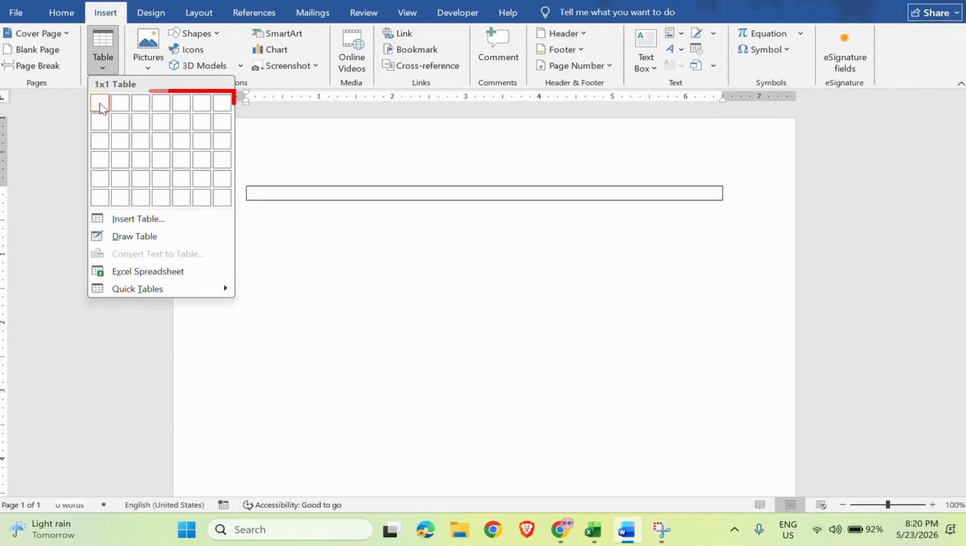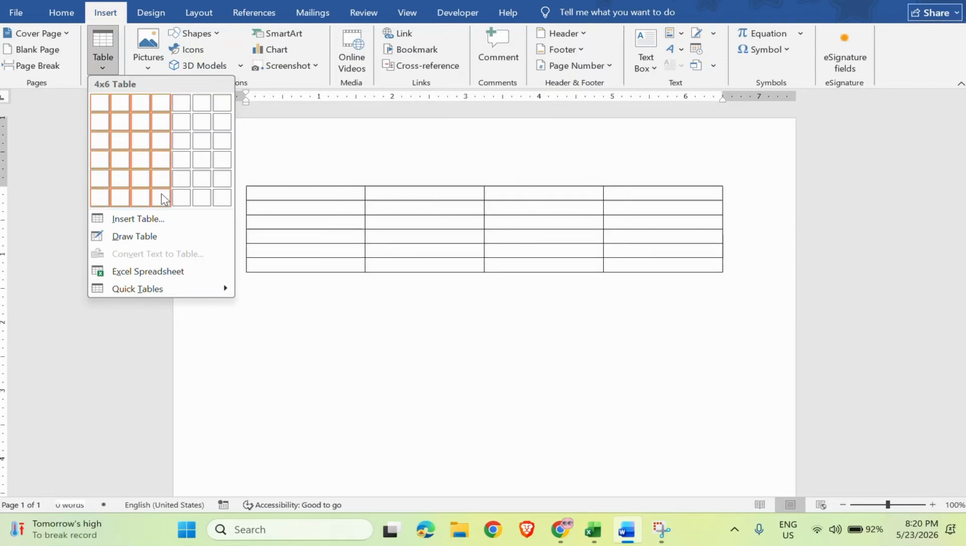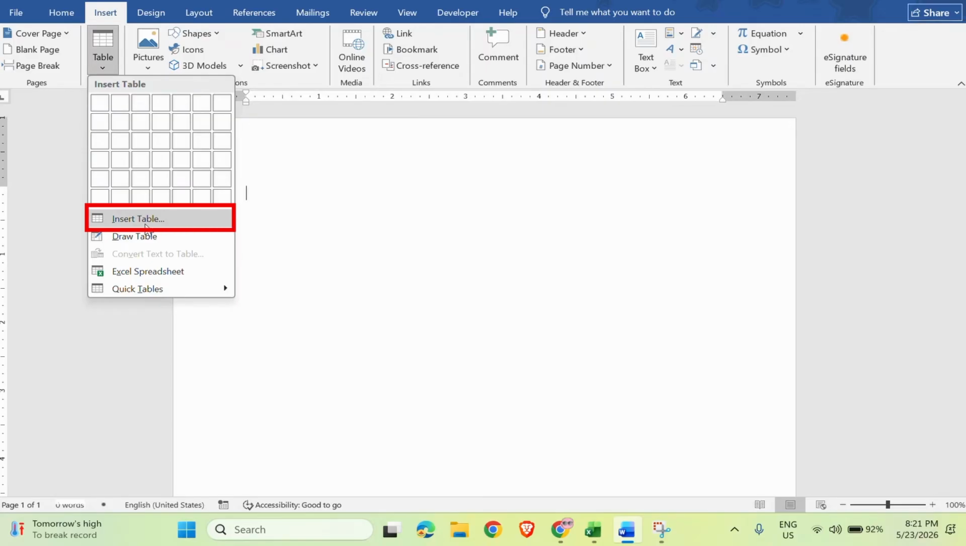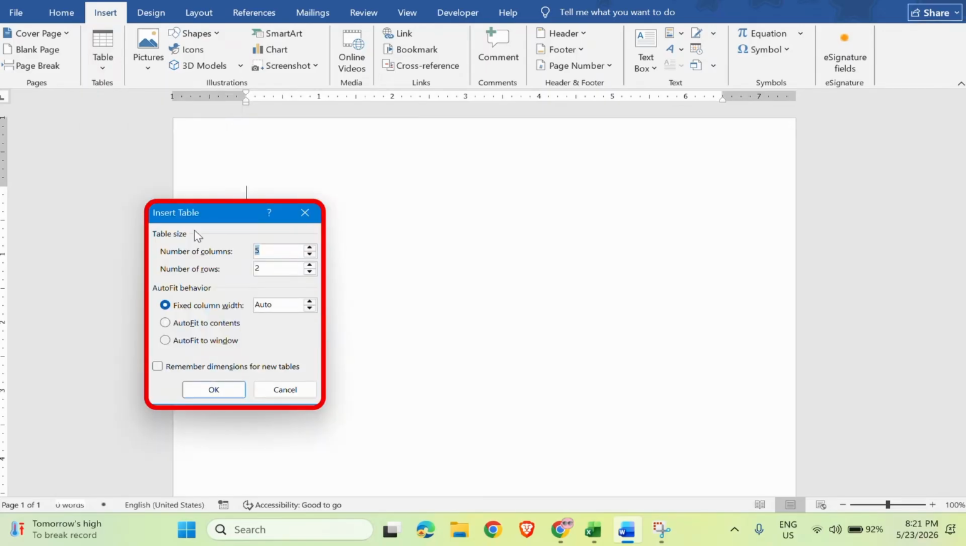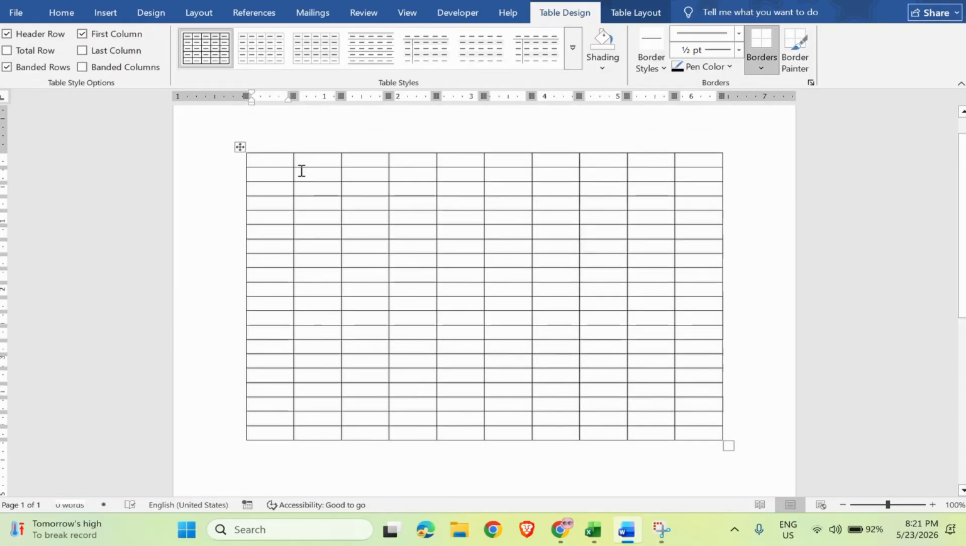Now you can just hover over the rows and columns, and as you can see, it is being added, or you can just tap on Insert Table and then put in the number of columns and rows, and you can just hit OK, and there you go, a table has been created. Now you can insert data in your table and then move ahead with your